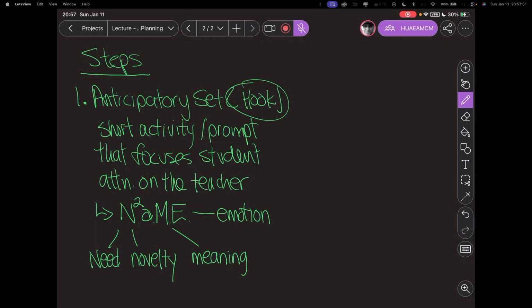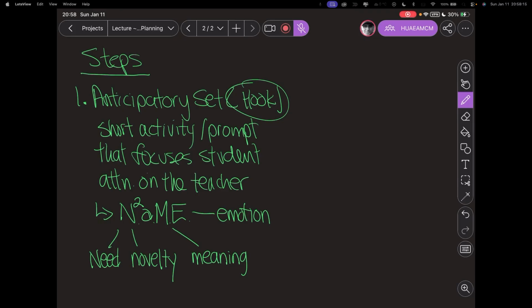Now, if we look at those steps again, so let's look at need first, right? Why might this topic matter to me? Or why might the question that you're proposing to your students matter to them? Why might it matter to the people around them, like family, friends, the city, the nation, the globe, right?